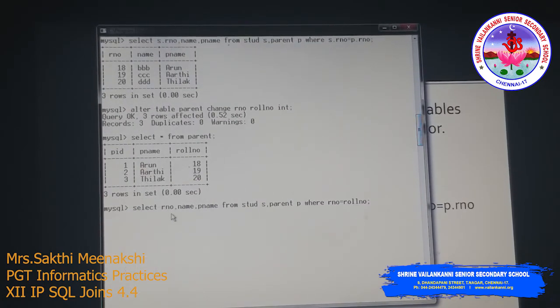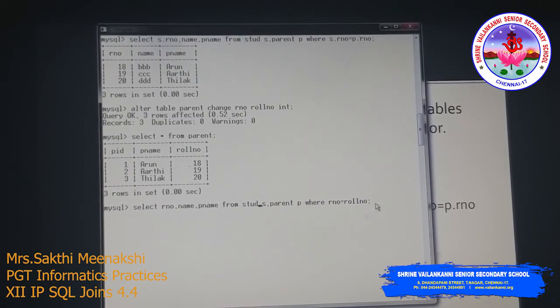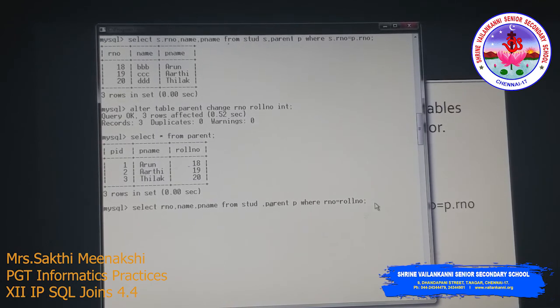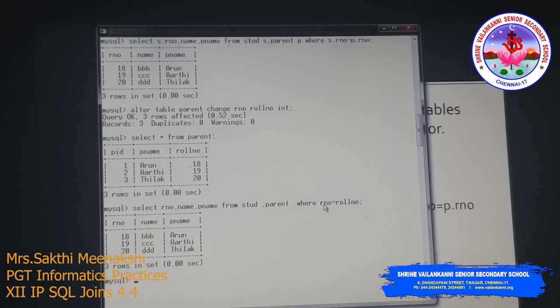So select RNO, which is from the student table, and then P name from student S, parent P. This qualifier has no value here, where RNO is equal to roll number. So we can delete the table alias names, where roll number is equal to this roll number. This roll number is from the parent table and this RNO is from the student table, right?